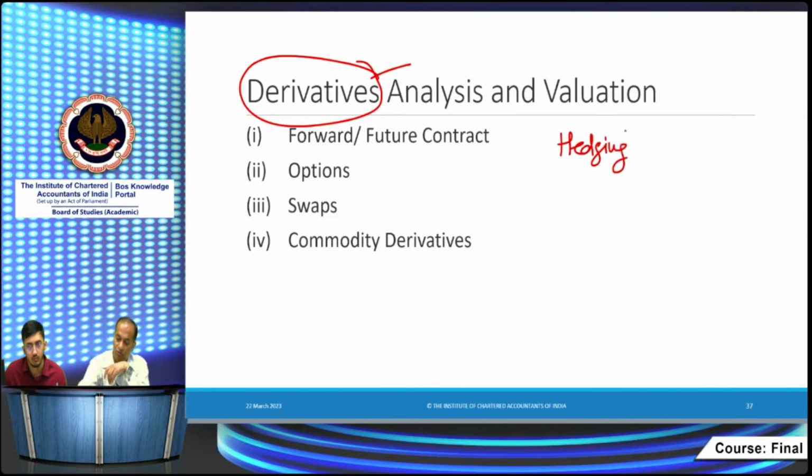The concept you need to understand is hedging. Hedging means management of risk. How can we use derivatives in hedging our positions? This position can be in foreign exchange, in current bank securities, or in the market. So that is more important. Now, when I talk about the forward contract,